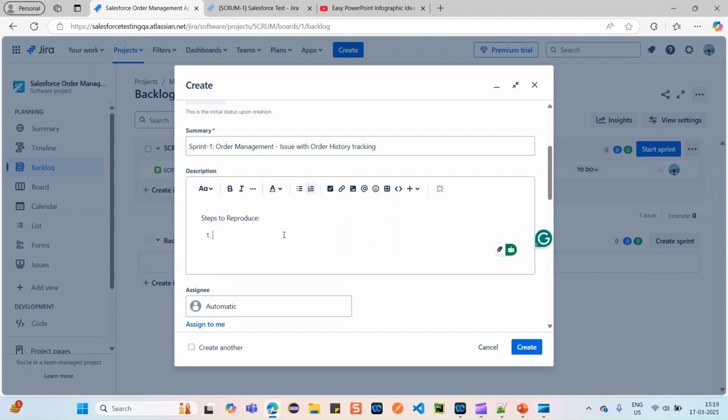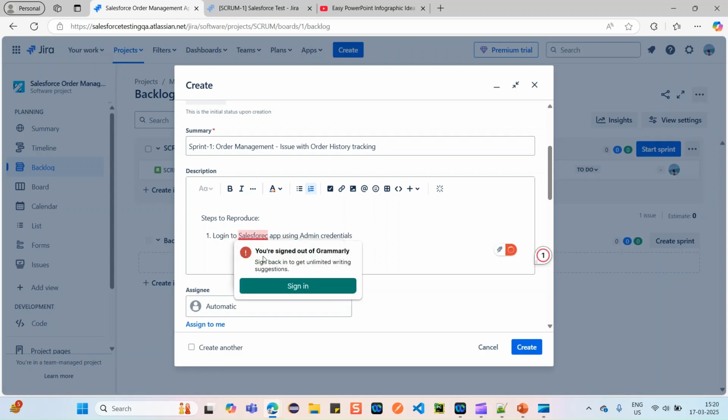You can mention, for example, simply log in to the Salesforce application using admin credentials. I'm just sharing this as an example, but you can mention it according to your steps. Log in with any valid Salesforce credentials.